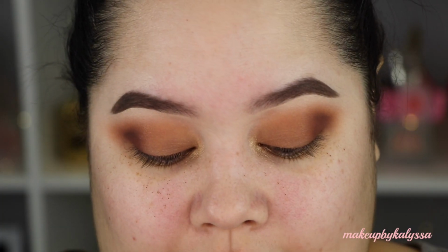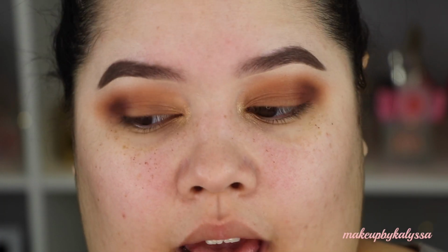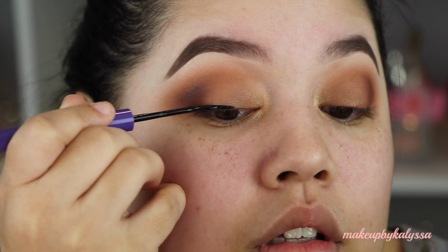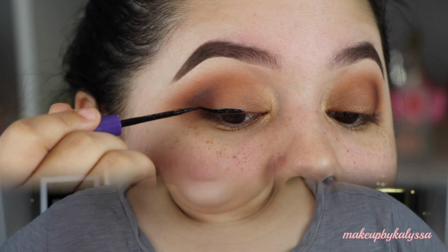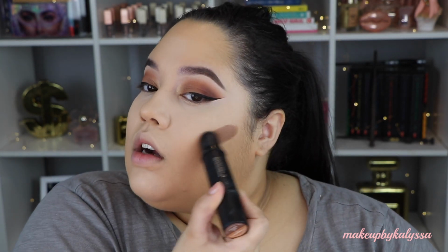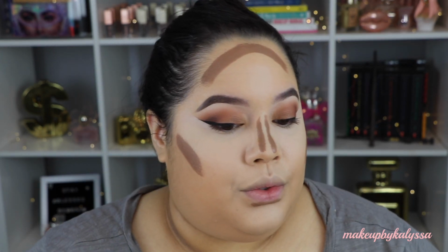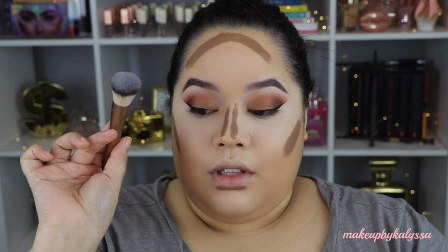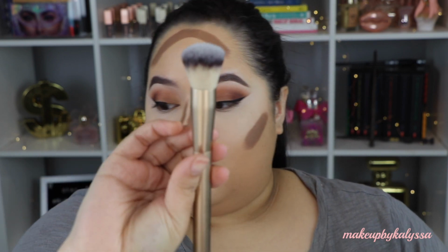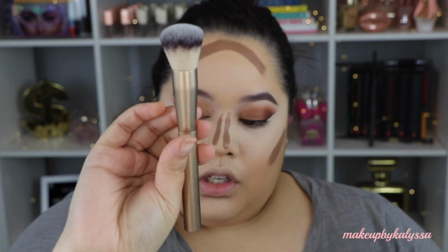I'm going to go ahead and apply some liquid liner. I've just been into wings lately. Alright, so now I'm going to cream contour. So I already have my foundation and concealer on. For foundation, I never use foundation brushes, but I am going to use the foundation brush to blend out the cream contour. And this one is, like I said, the foundation brush